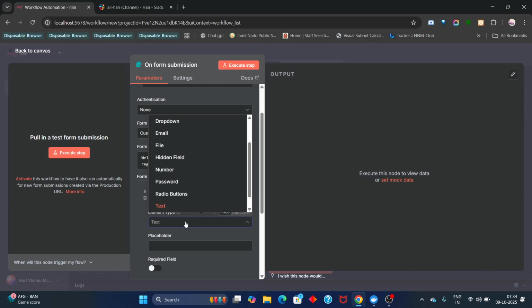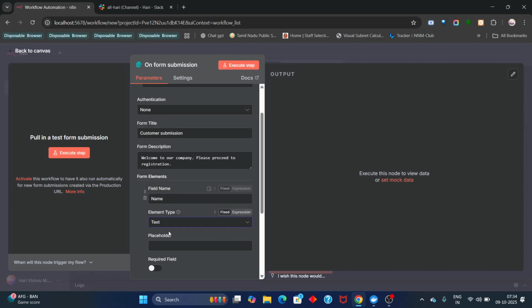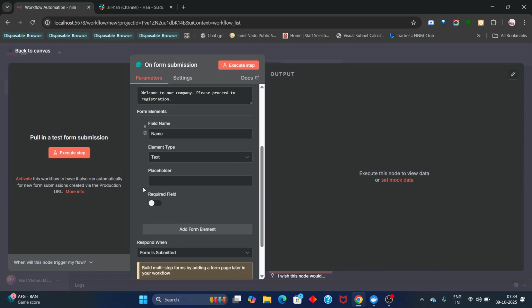Basically, the name field belongs to the text type, so I am going to choose text. I can make it a required field or not, but I am currently choosing none,